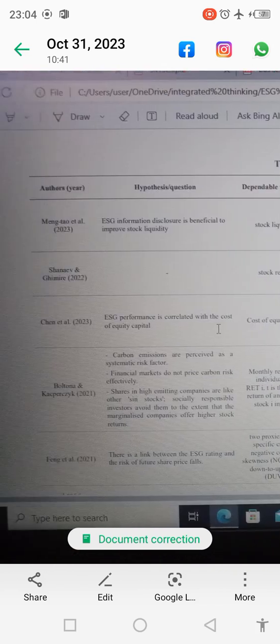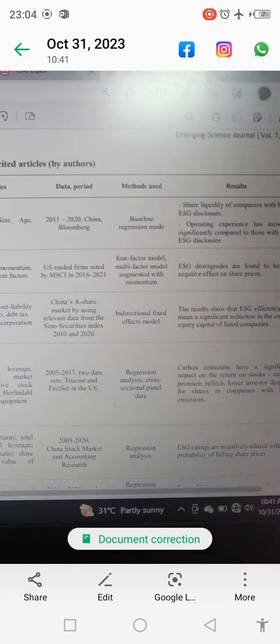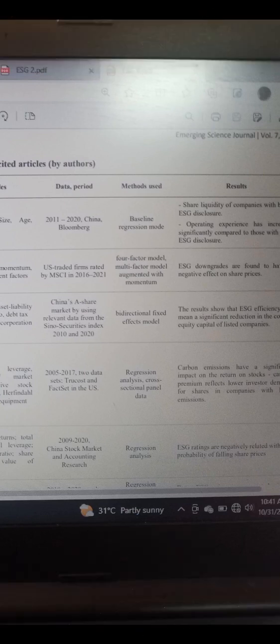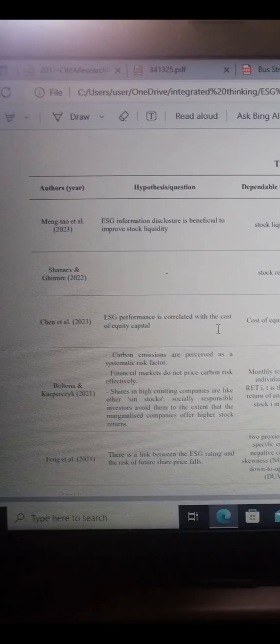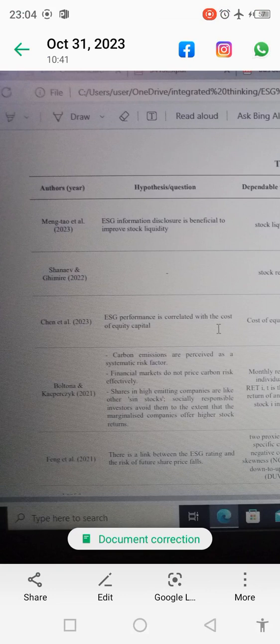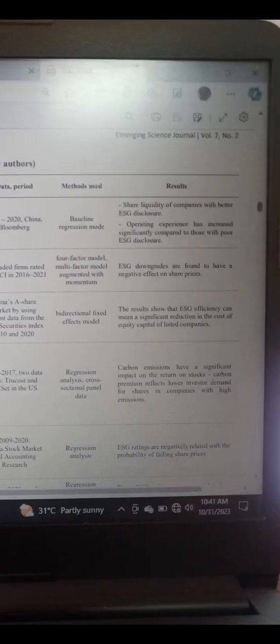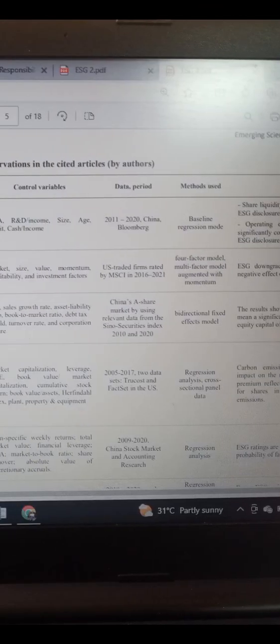Now, in order to capture this particular one, I want you to take a look at the method used. They use a baseline regression method in order to answer this hypothesis question. Now, if you have an in-depth understanding, or probably you are an expert, or after a rigorous reading on that particular area or on existing literature, you realize that there are better ways to capture this question rather than this method being used there. You still